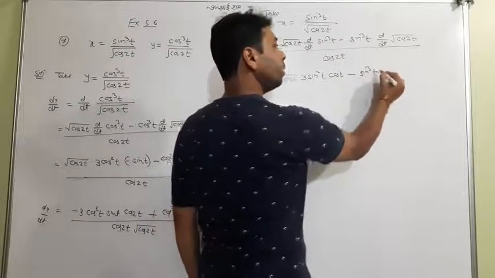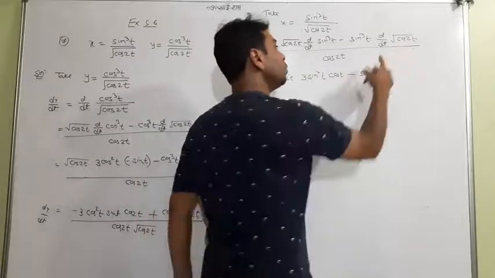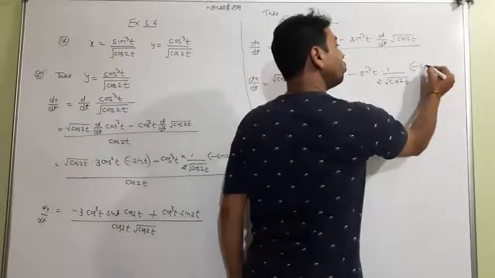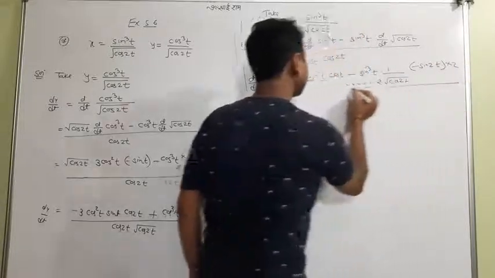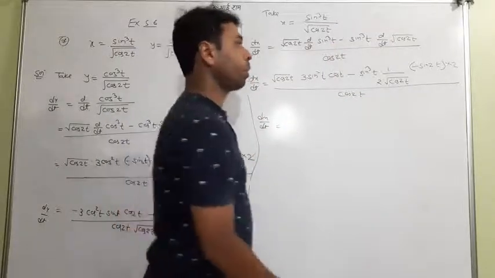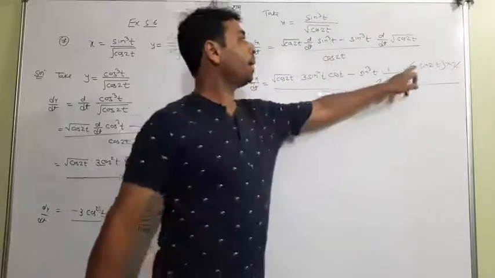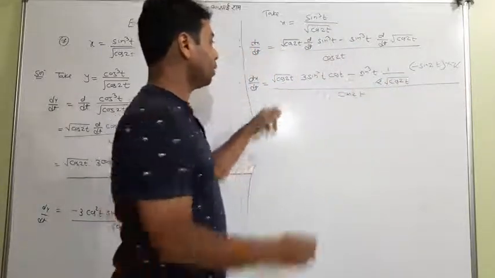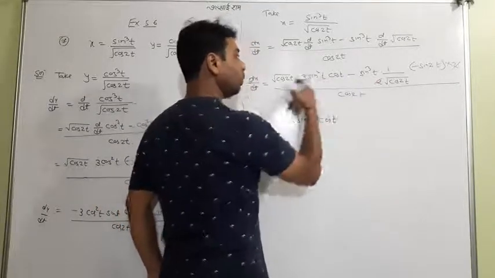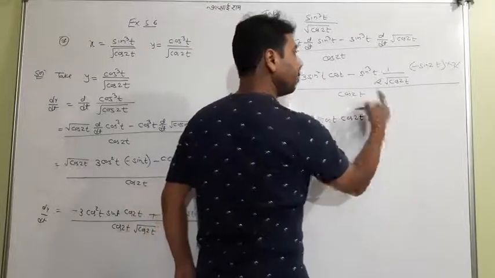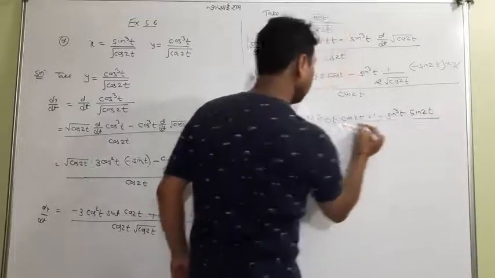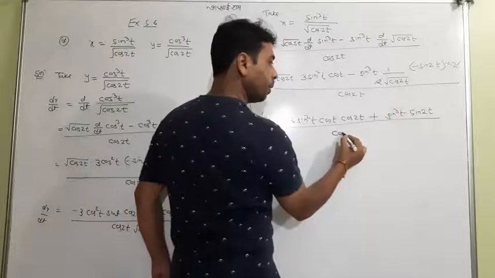This is sine cube t. It again has three functions. First will be under root 1 by 2 into the same. Second will be cos, giving minus sine 2t, and third will be 2. And upon cos 2t. What is dx by dt? Take an LCM. 2 and 2 will be cancelled. Minus minus plus, cos 2t will be removed here. So what remains? 3 sine square t cos t, and these two will multiply, giving cos 2t. Minus minus plus sine cube t sine 2t. Whole upon, these two will multiply eventually.